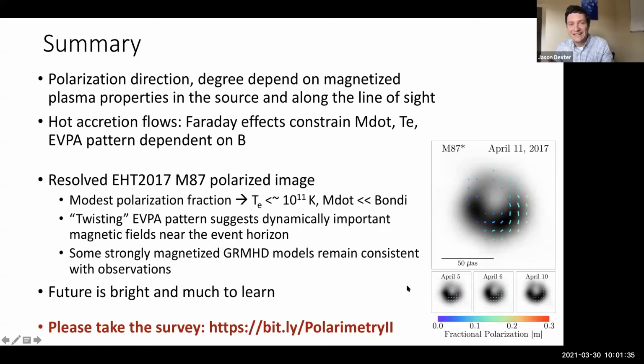So, I mean, it's impossible to say they don't matter. They have a huge impact on the images, and we see the polarized image. But I think for this kind of K cross B logic, in a lot of the models with toroidal and radial fields, they don't make such a big difference in the EVPA pattern that you see.